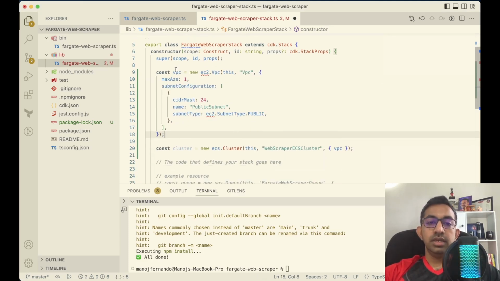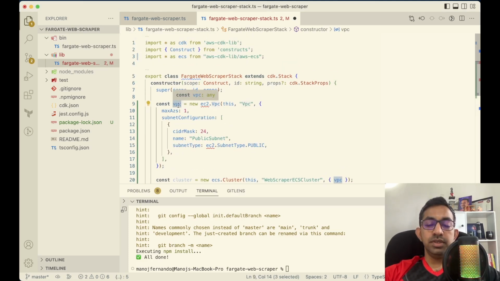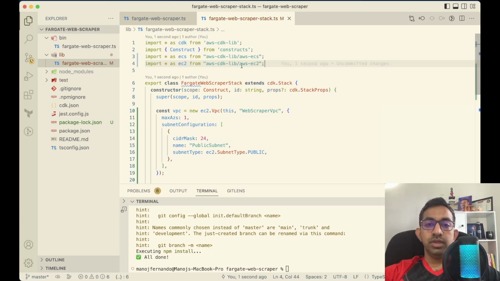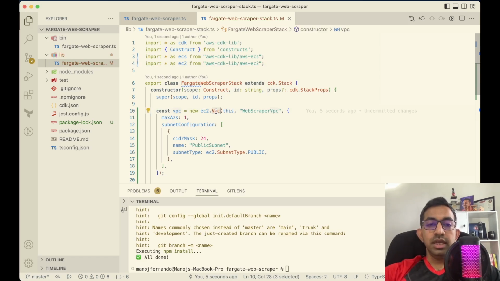As you can see, I have this VPC, and for that we are using ec2.Vpc, and I can give it a name, web scraper VPC, right? And then I can provide the additional configuration. By the way, let me import EC2 up here. Okay, so I imported EC2, so I can use the ec2.Vpc method, and then I can provide the configuration, like how